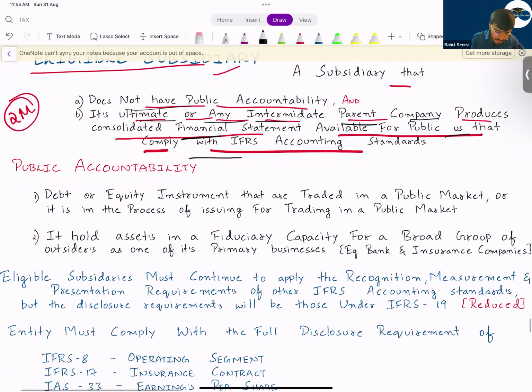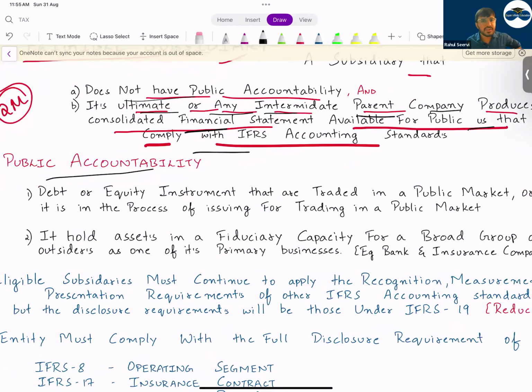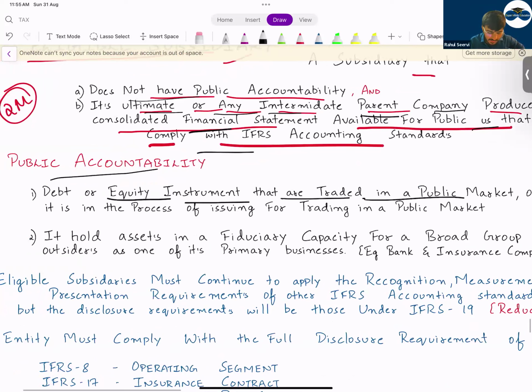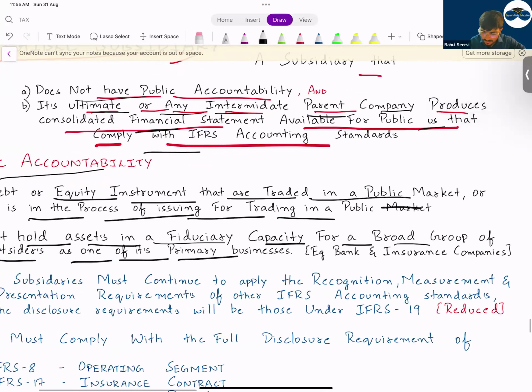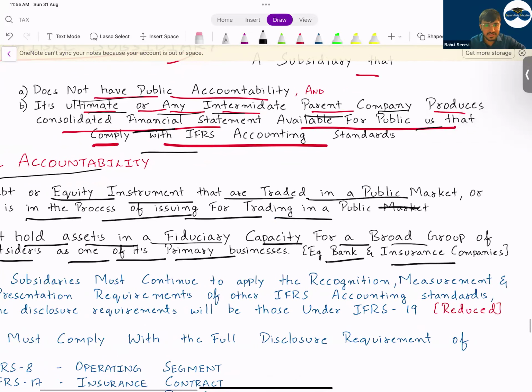So see here now, public accountability means what, sir? When will you say a company has public accountability? Debt or equity instruments that are traded in a public market, or it is in the process of issuing them for trading in a public market. It holds assets in a fiduciary capacity for a broad group of outsiders as one of its primary businesses. Example, bank, insurance company. These companies will have a fiduciary duty, even though they are not listed, but they have to disclose the information. Why? Because they are holding public money. It's important for public trust, so they disclose. In that case, that will not be an